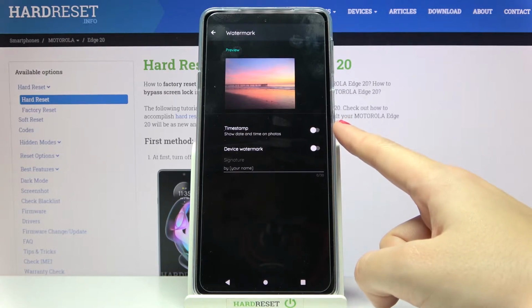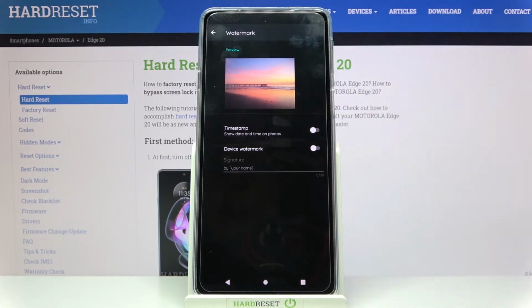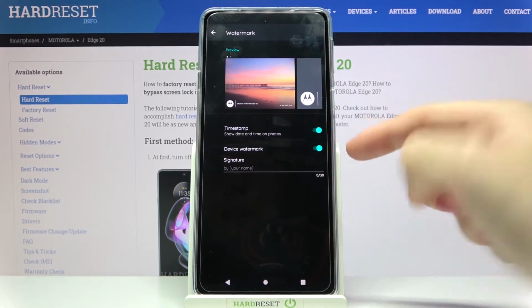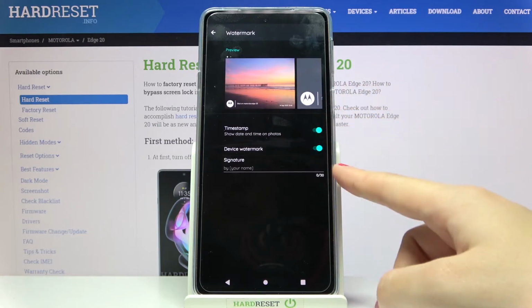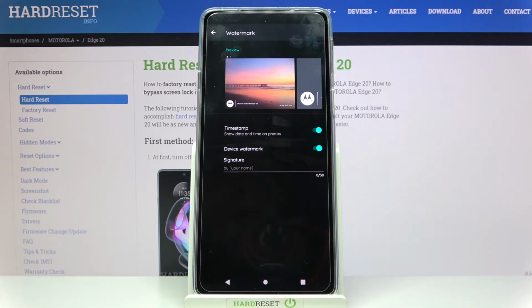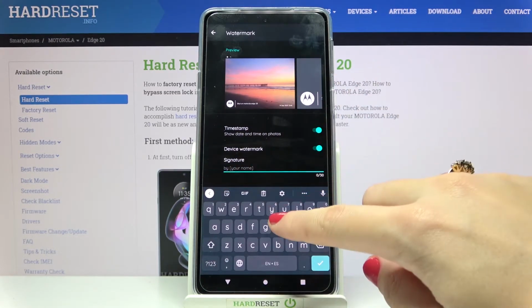Now we can add the timestamp watermark by using the button from the right. We can turn it on and off as we need, and also the device watermark, the same thing happens with this button from the right. With the device we have connected the signature, so here we can add our own watermark. For example, let me write here hard reset